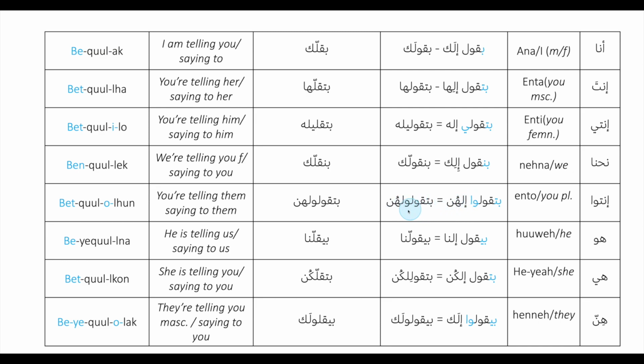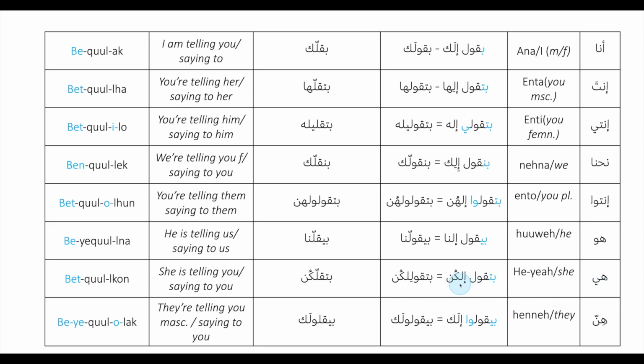and it stays the same: بتقولوا لهن. With he third person, بيقول إلنا, he is telling us or he's saying to us. If you jump over the alif, you would say بيقولنا. And people tend to soften it and change it a bit further, so they would use بقلنا. He's telling us or he's saying to us. With she third person,